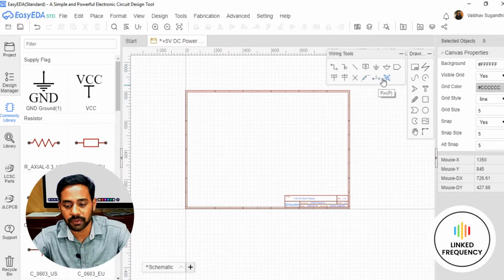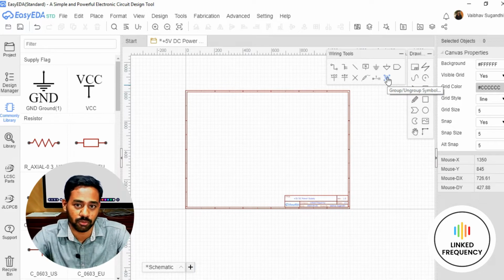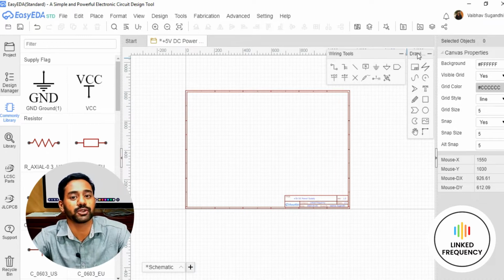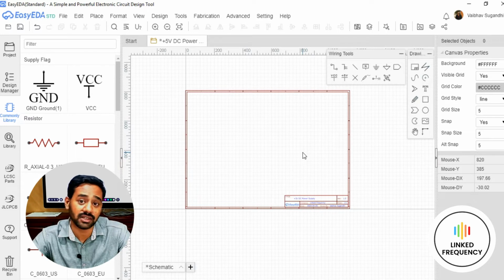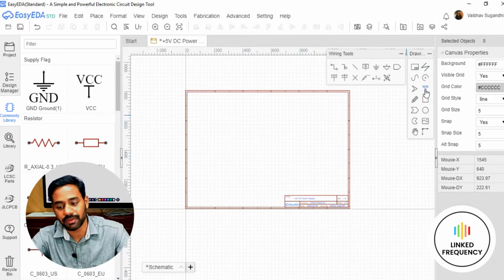Then we will be having a pin and grouping the objects, or grouping the circuit in one particular module and all. Of course, we are not concerned about these two things. Other than these things, we will be having tools related to drawing activity. If you want to draw a rectangular box for categorizing your circuit, then we will be having that option. If you want to draw a circle, then we will be having that option. If you want to write some specific text related to your design activity, then we will be having that option